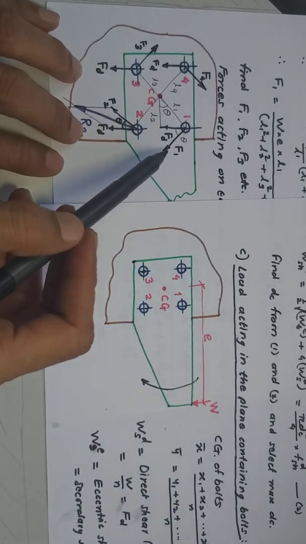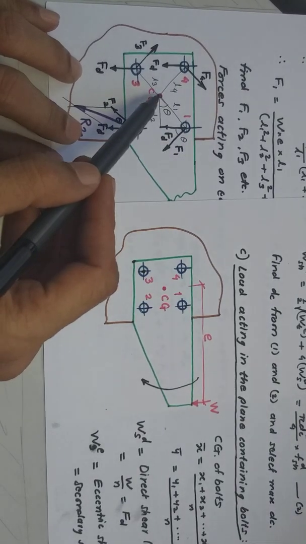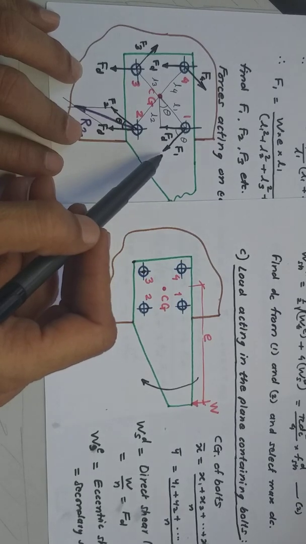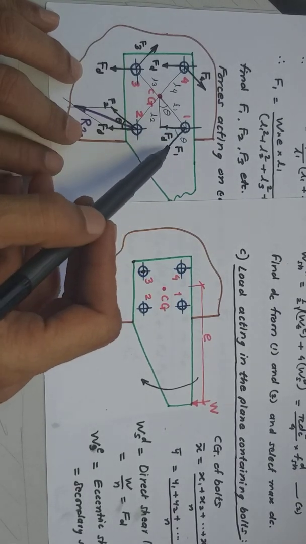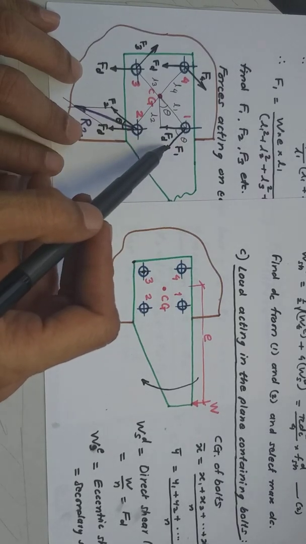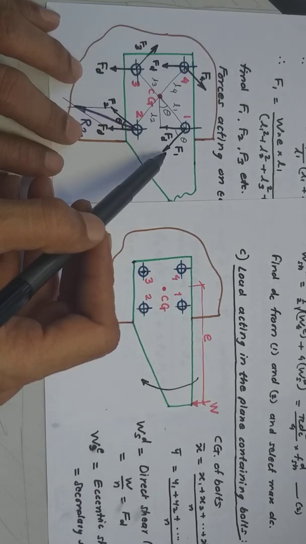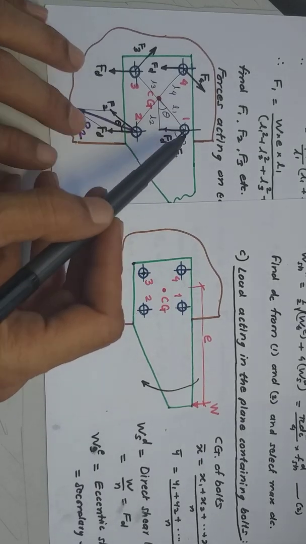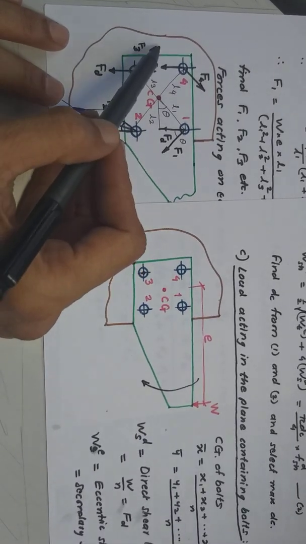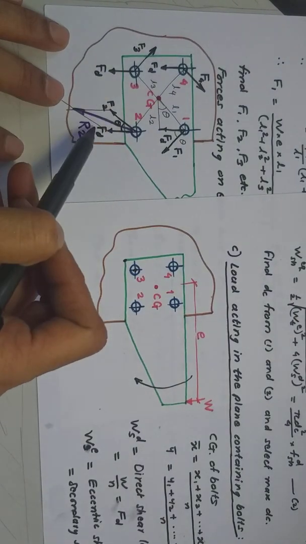Now what is F1? F1 we have just now found out. So F1 is shown like this, in the direction perpendicular to the line. So this is the direction of F1. F1 is one more force acting on the bolt because of the tilting action. So both forces are acting on the bolt, one because of the direct loading and one because of the tilting loading. So these are the two forces at 1. Similarly, the force at 2 will be in this direction, force at 3 will be in this direction, force at 4 will be in this direction, in addition to FD, FD, FD, FD everywhere.